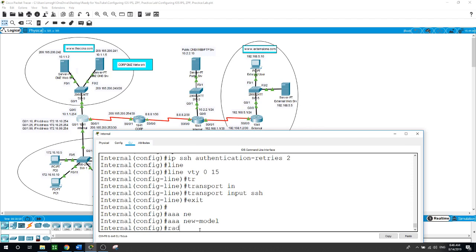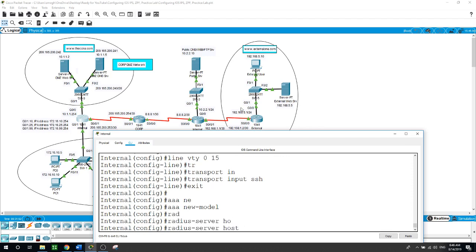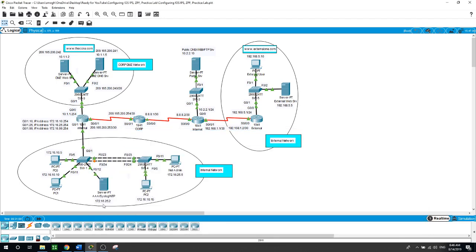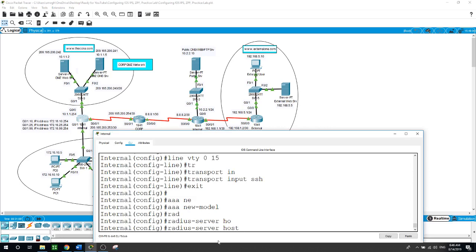So the command goes like this: radius server host, and as you can see, we are hosting it on this server on 172.16.25.2, and the host is 172.16.25.2, and the key, as I said, corp radius,